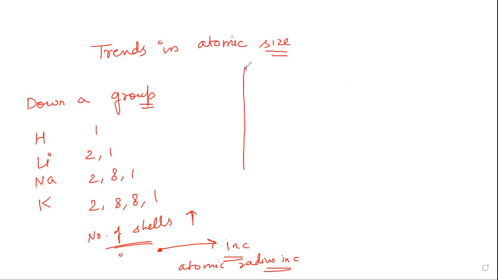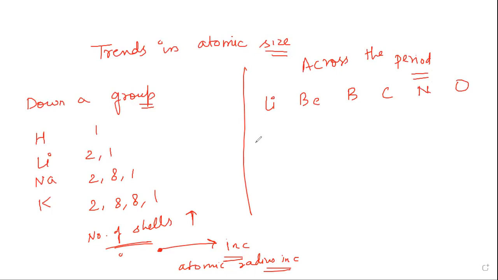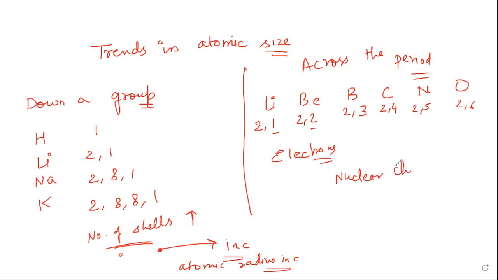Okay. Now let's see if we move across the period. So if we are moving across the period, let's see lithium, beryllium, boron, carbon, nitrogen and oxygen. We'll write the electronic configuration: 2, 1; 2, 2; 2, 3; 2, 4; 2, 5; 2, 6. Here you can see that the electrons are increasing in the same shell. In the second shell, here we have 1 electron, here we have 2, 3, 4. So electrons are increasing, therefore the nuclear charge